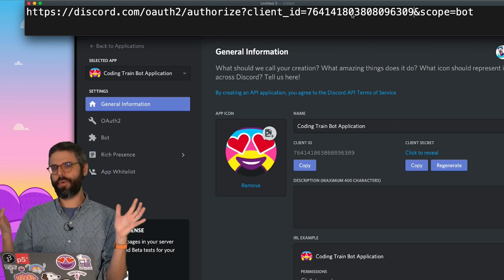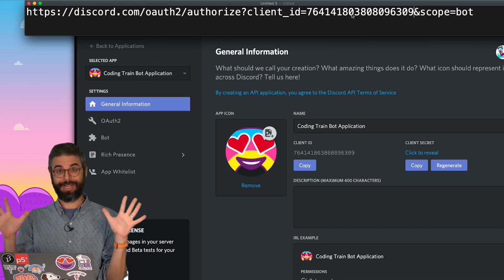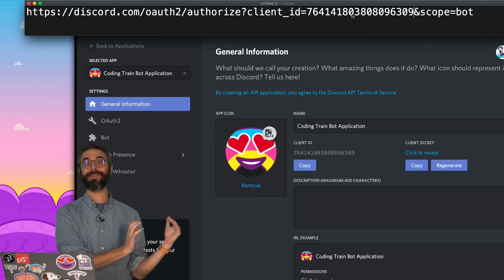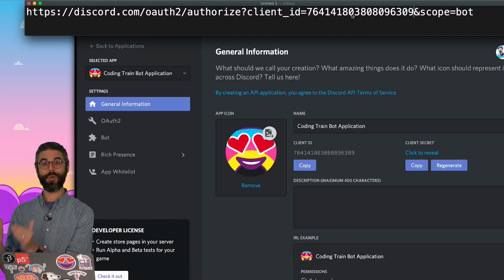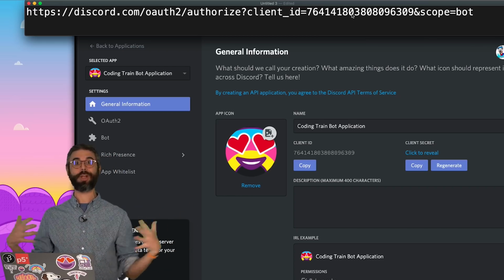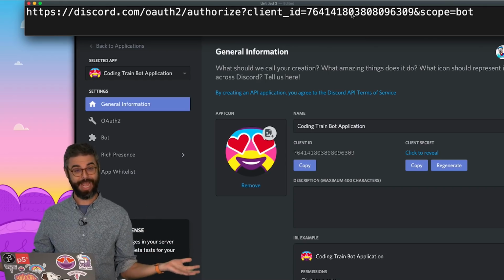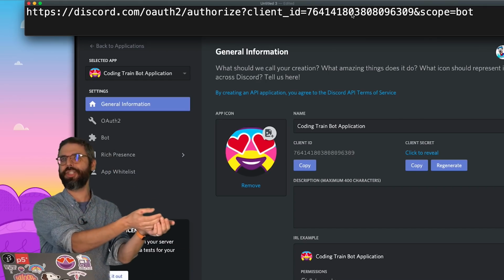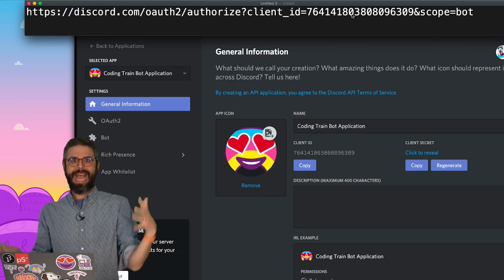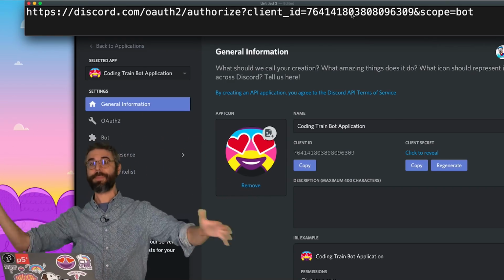And this brings up a sort of important question about trust, right? In this case right now, I am the maker of the bot and I am the owner of the Discord server to which I'm going to add that bot. So I am just trusting myself, and I think it's going to be okay. But if somebody were to send you a link to their bot and say, please add this to your server, or if you're just asking people willy-nilly, please add my bot,